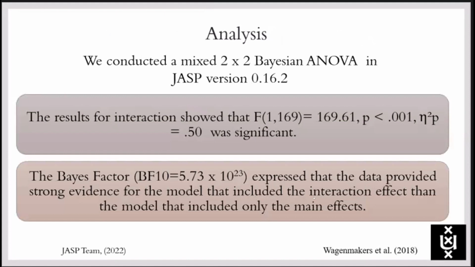We conducted a Bayesian ANOVA analysis. The first part of the analysis is the frequentist analysis, and it shows that the interaction was significant and the Bayes factor was very large, indicating that the data supports an interaction model rather than the main effect. So we proceeded to do